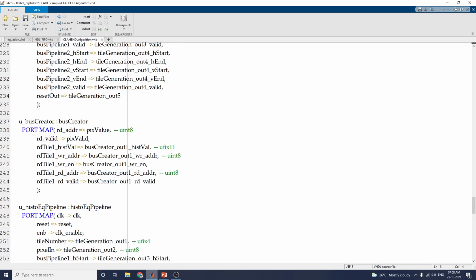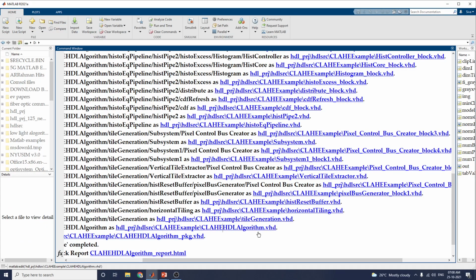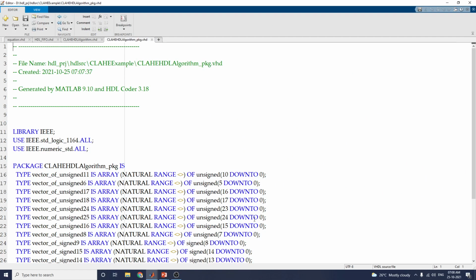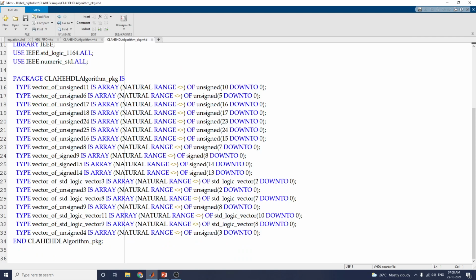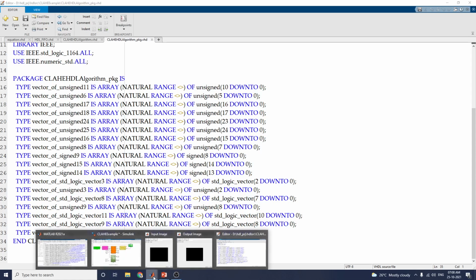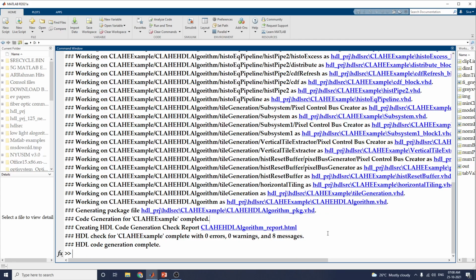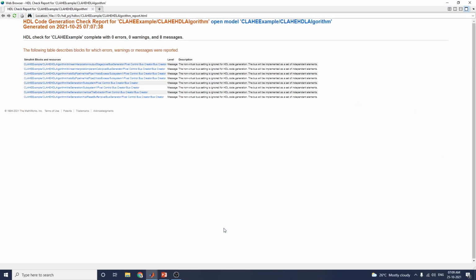In this manner you can also generate the package files, without any programming knowledge. Then finally you can get the report. That is the HDL generated report. You can see this report also.